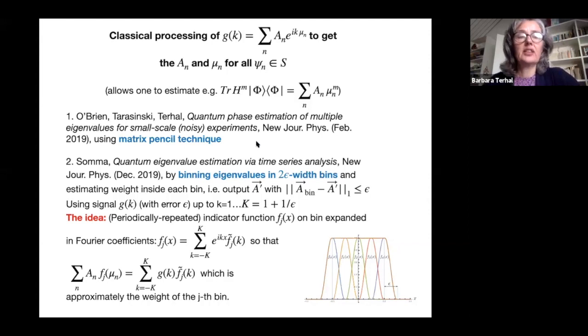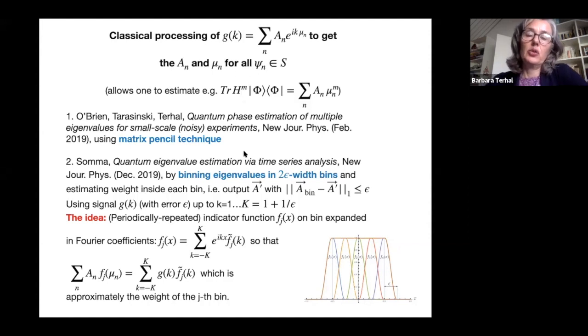And then there was another interesting paper, and I just want to point it out to you, by Somma, which did a very similar thing, but it's different, and I think actually in some sense it's better. What we'll see is that if there's no sampling noise on this G of K, meaning that you